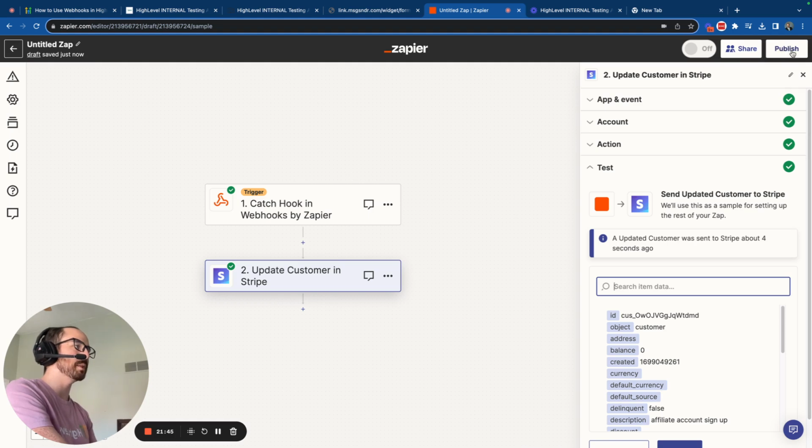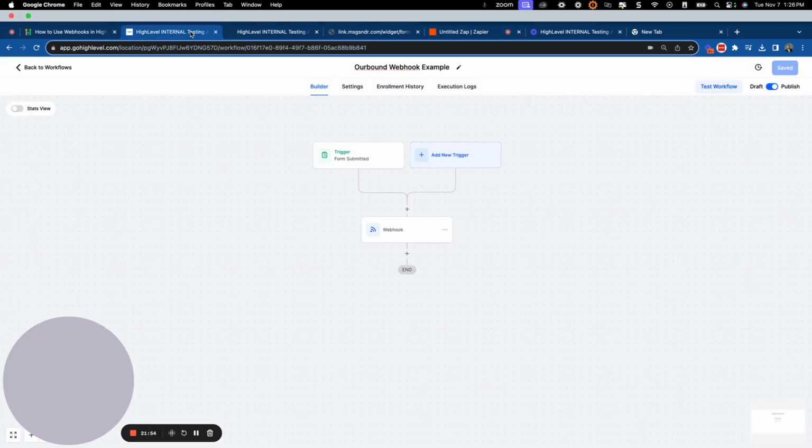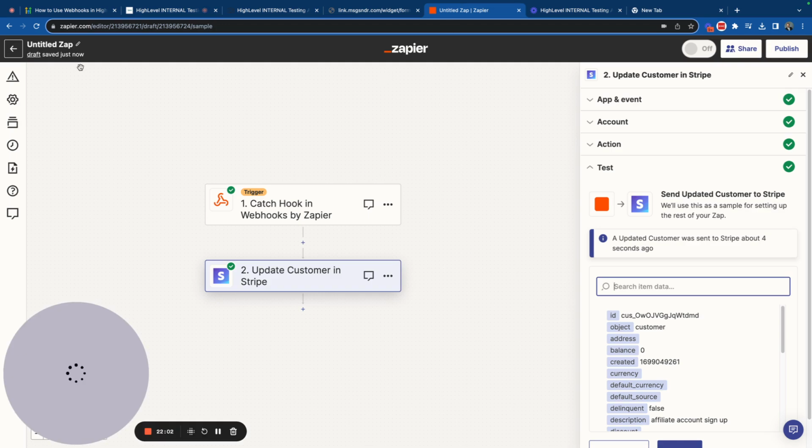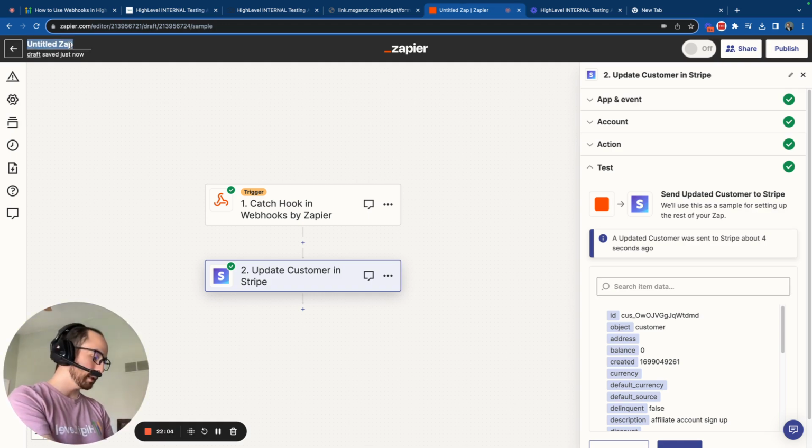I can now publish it, and then once I publish it, every single form submission will flow from HighLevel. It will be triggered by the HighLevel webhook, the HighLevel trigger right here when the form is submitted. It will then send the information from HighLevel via the webhook. It's going to make a phone call to Zapier. Zapier is then going to use this inbound webhook